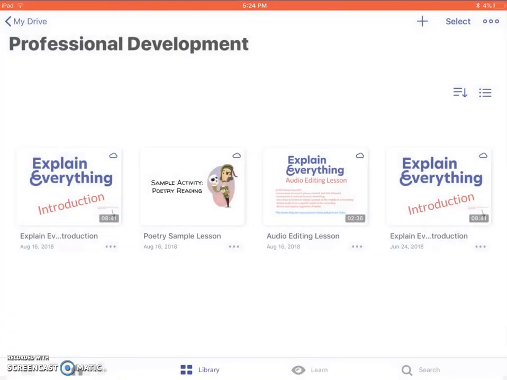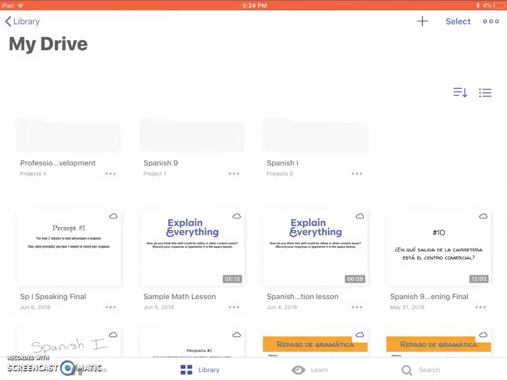So that's it. Using the Explain Drive is certainly essential to everything that I do with Explain Everything, and I do believe it's a very important skill for you as well. So I'd like you to practice accessing Explain Drive and locating the access codes for your projects, and perhaps even organizing yourself. If you'd like to try making some folders and putting some files in those folders, that would be great. And if you want to maybe take a screenshot of that for me,